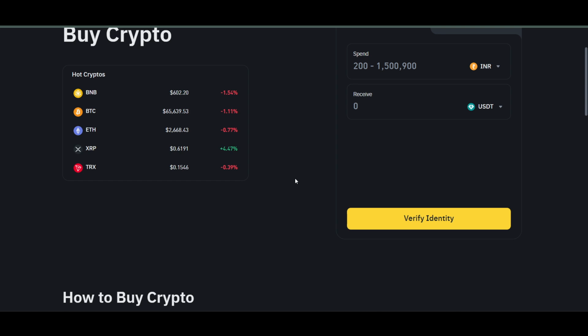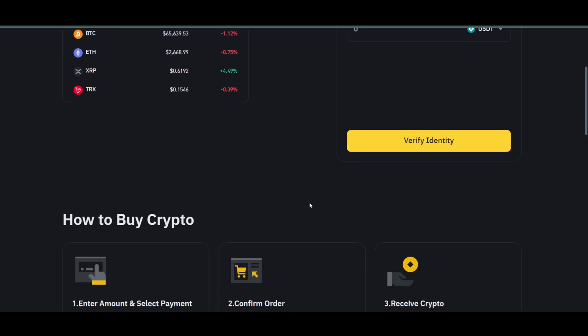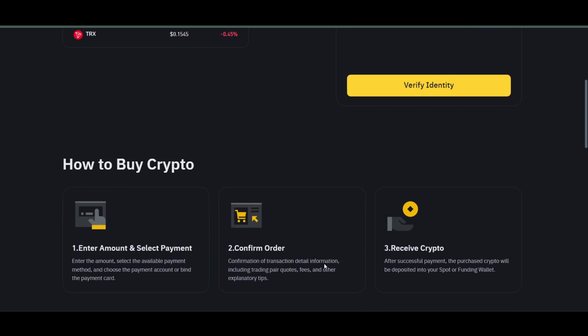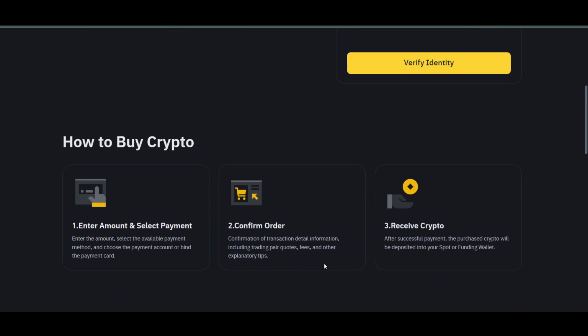In the assets section, find USDT. You can use the search bar for quick access. Click on withdraw next to USDT. This will take you to the withdrawal page. Choose the appropriate network for the transfer. It is recommended to use TRC20, that is the Tron network, due to its lowest fees compared to the other networks